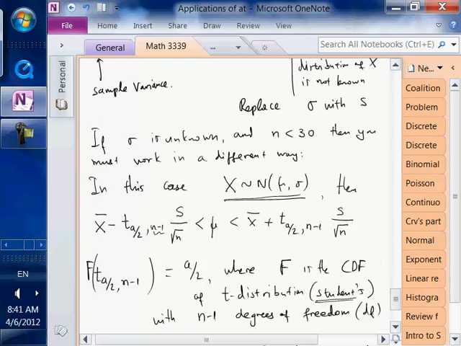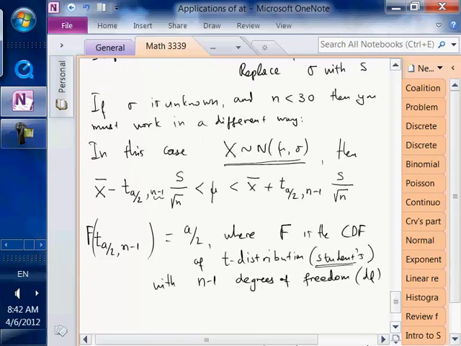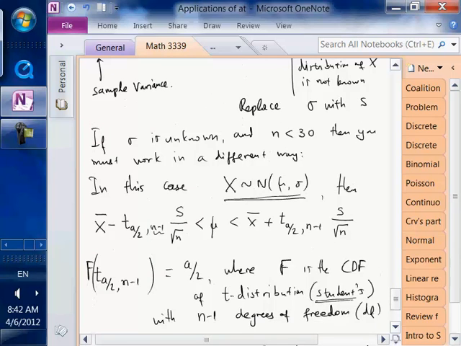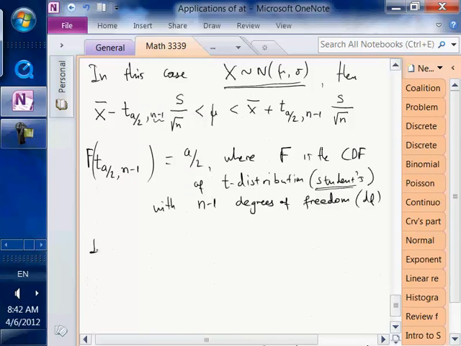So what is the important thing with this? The important thing is that when we know that x has a normal distribution, then we do not need to use the previous type of estimation. We can directly use that one. So if x has a normal distribution, use the confidence interval